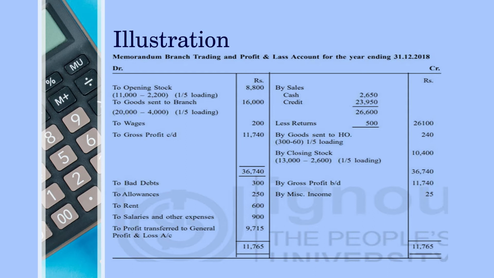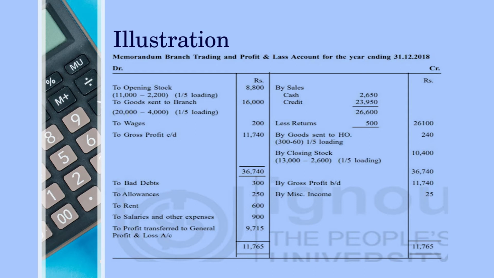So the total is 36,740. So this is the total of credit side, 36,740. So if out of this total of credit side, if we subtract this, this and this, it will come out as a balancing figure, which is known as gross profit. So total of trading account is 36,740. Now this amount of gross profit will be brought forward in the credit side of profit and loss account. So by gross profit